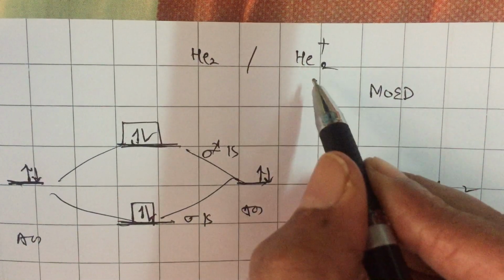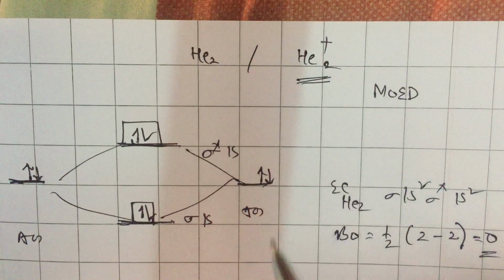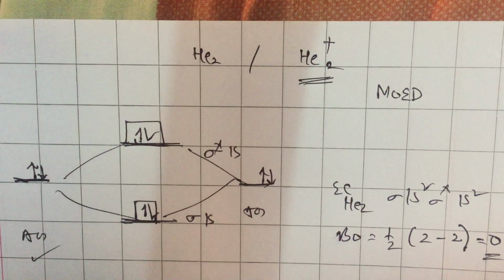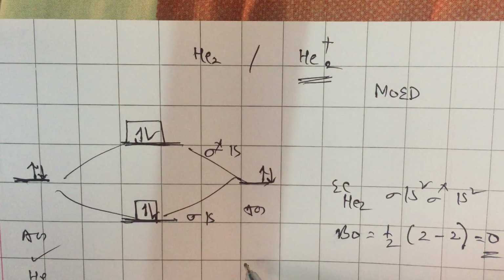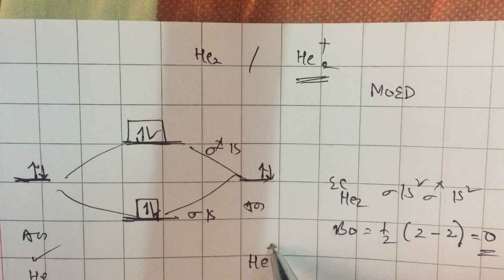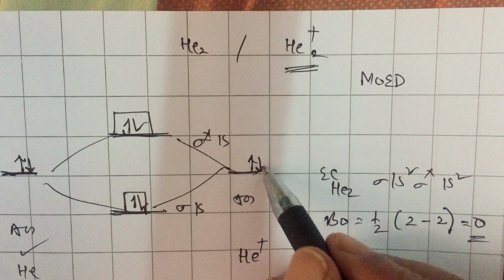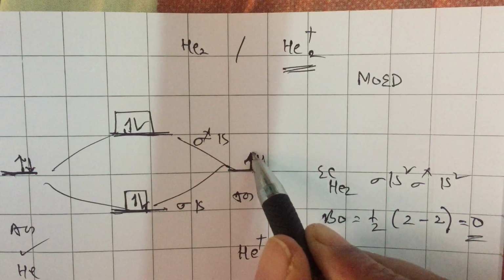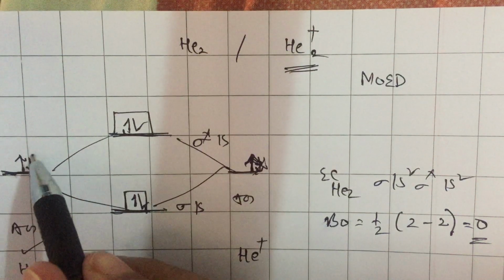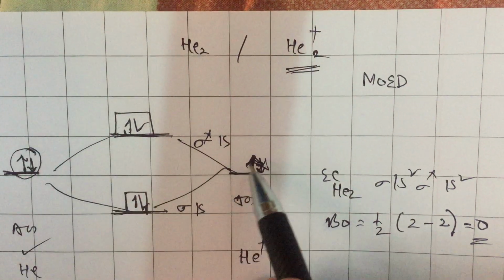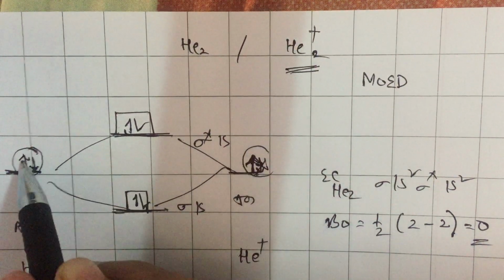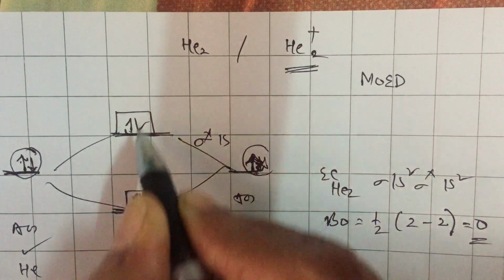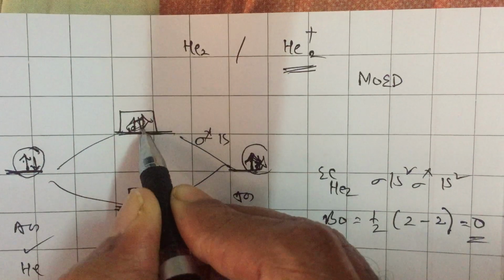Now let us look at the possibility of formation of He2 plus. In He2 plus, there is one ordinary helium atom, but the other fellow must be a He plus ion. If it is a He plus ion, it will have only one electron. It cannot have a second electron. In that case, the total number of electrons in He2 plus ion must be 3. These 3 electrons: I fill 2 here, and only 1 remaining I can put here.